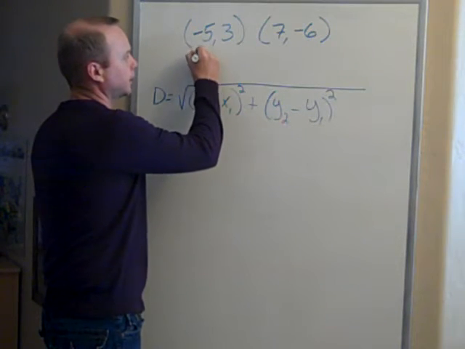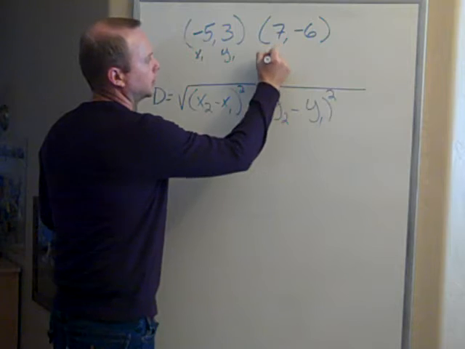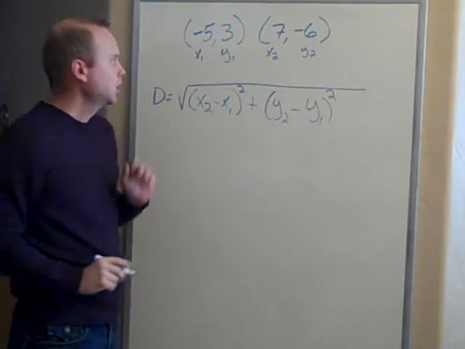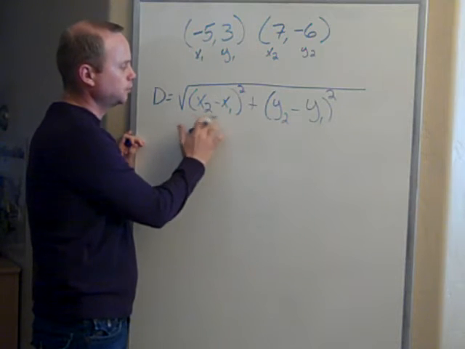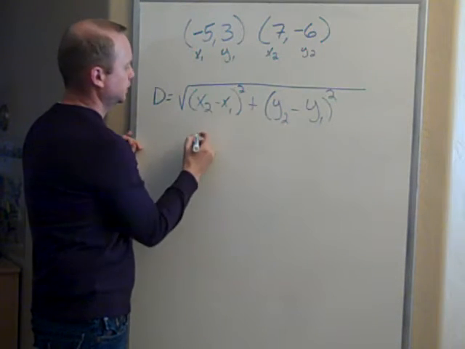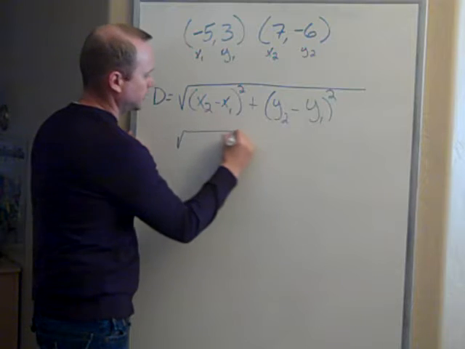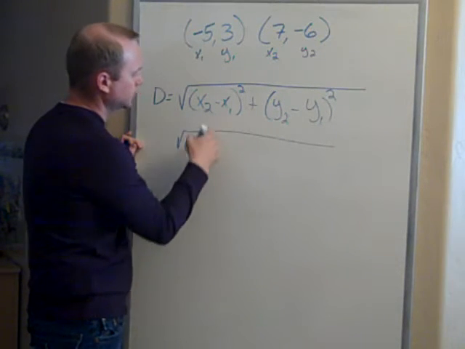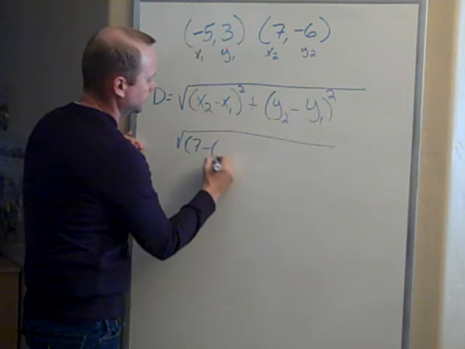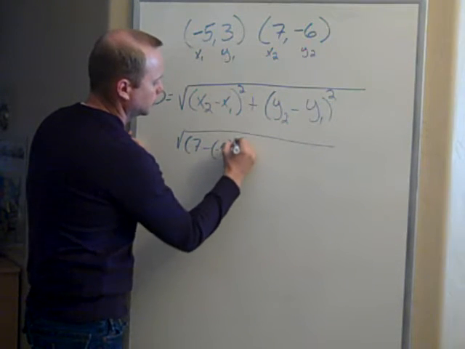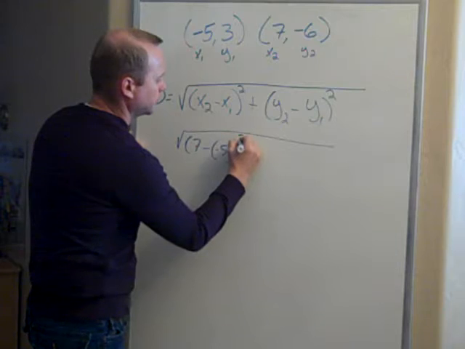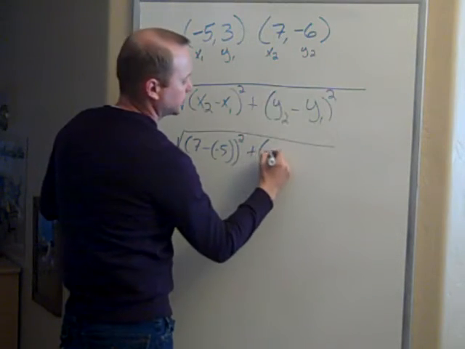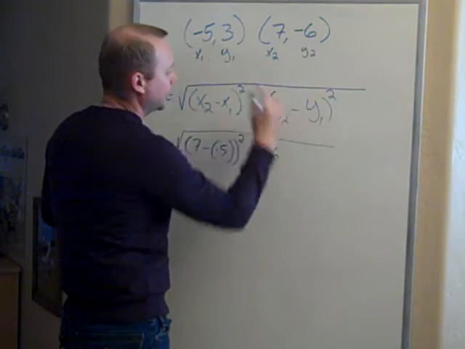This one I'm going to label x1, y1, x2, y2. Okay? Alright, now this one says x2 minus x1. So I've got my x2, which is 7. So I'm just going to rewrite this thing here. Let's see. So I've got in parentheses, I've got 7 minus x1, which is negative 5. All of that's going to be squared. Plus y2 is negative 6 minus 3